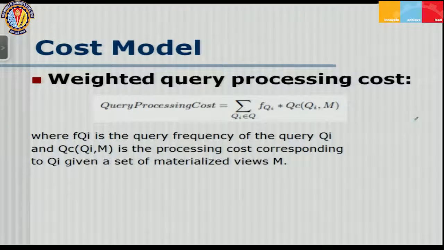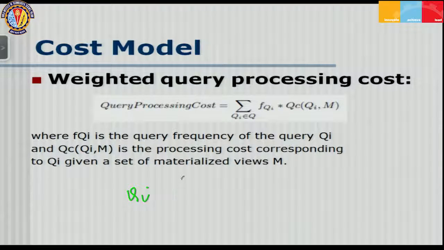The cost model is the weighted query processing cost. So query processing cost is the sum over each Qi belonging to the set Q of f(Qi), which is the frequency of the query, times the cost of this query in the presence of materialized views. QC(Qi, M) is the processing cost corresponding to Qi given a set of materialized views, because this query Qi